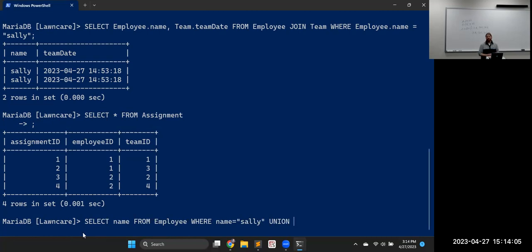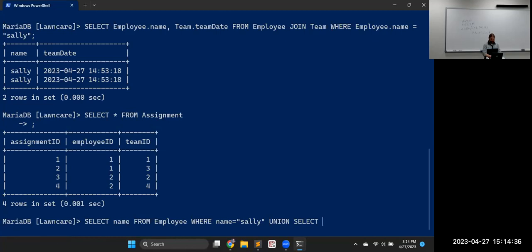Union with, so if you remember from math class, union is the big cup symbol and it corresponds to the word or, but or means something different. Or is used in a condition, so it would be ambiguous to use or for the entire query if we have a bunch of ors in each one. So we need the other word for or. So union with